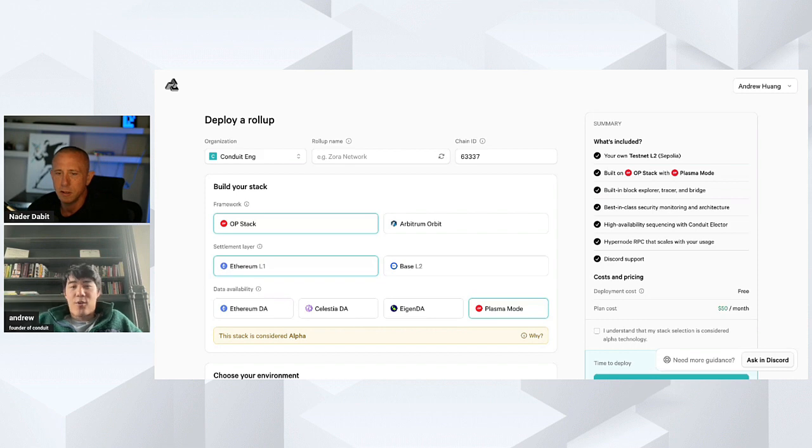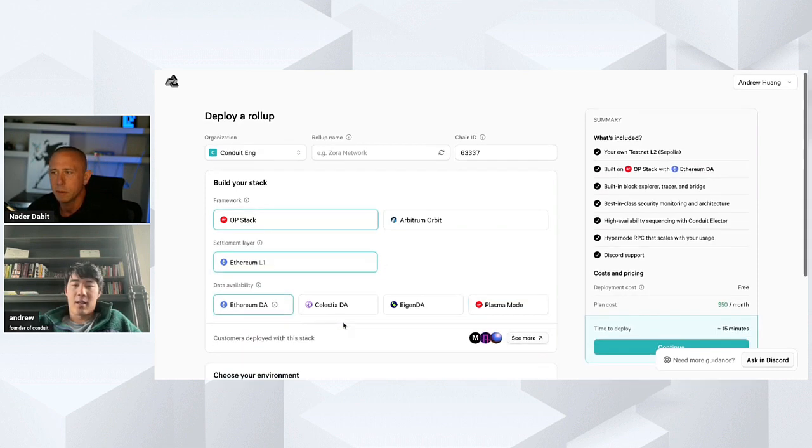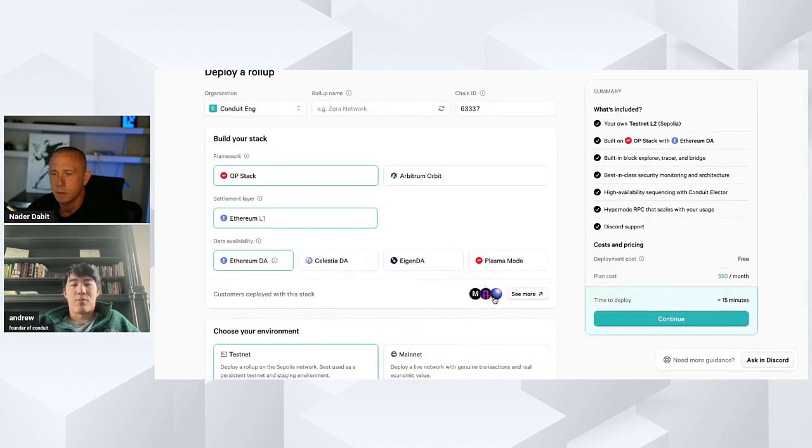Yeah, I kind of think we're already there. And if you go back to the social proof, Mode and Zora are examples of two companies that are doing really, really well. And if you launch this, you literally get the same configuration and infrastructure that they have. And I think there's a distinction here: Conduit is building a platform, and